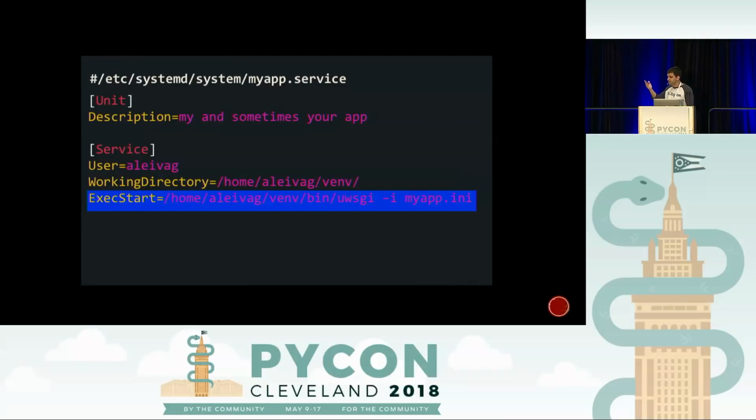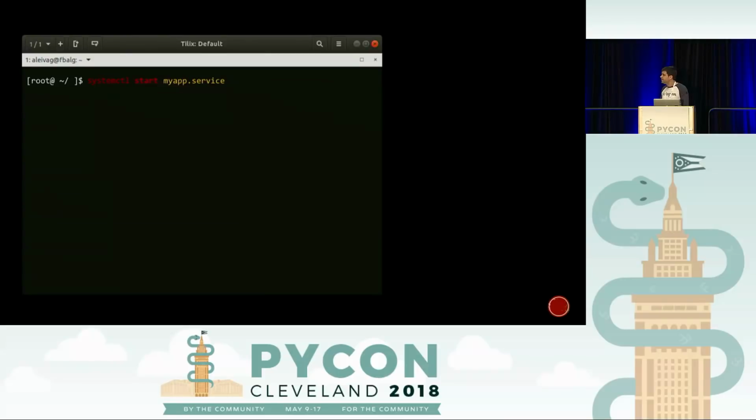So this is not executable. You cannot just dot and run that file. So you need something to execute it. And I really hope that looks good. But yeah, so